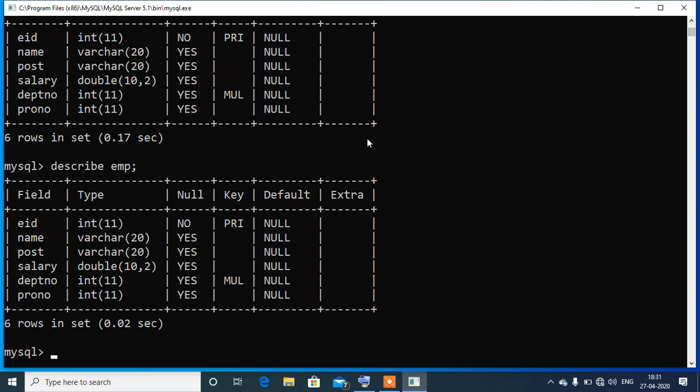Now here you can see EID int 11, name, post, pro number is int 11. Now I am going to change this data type size to pro number int 5.